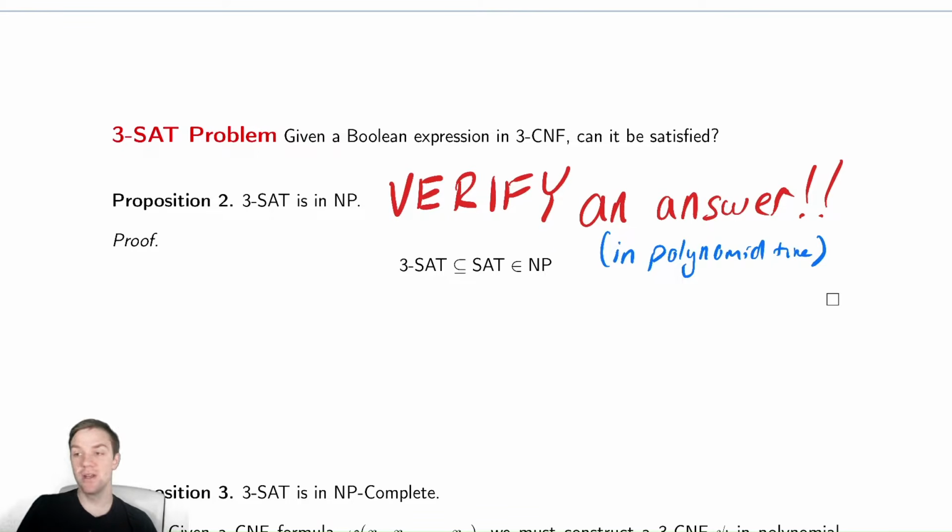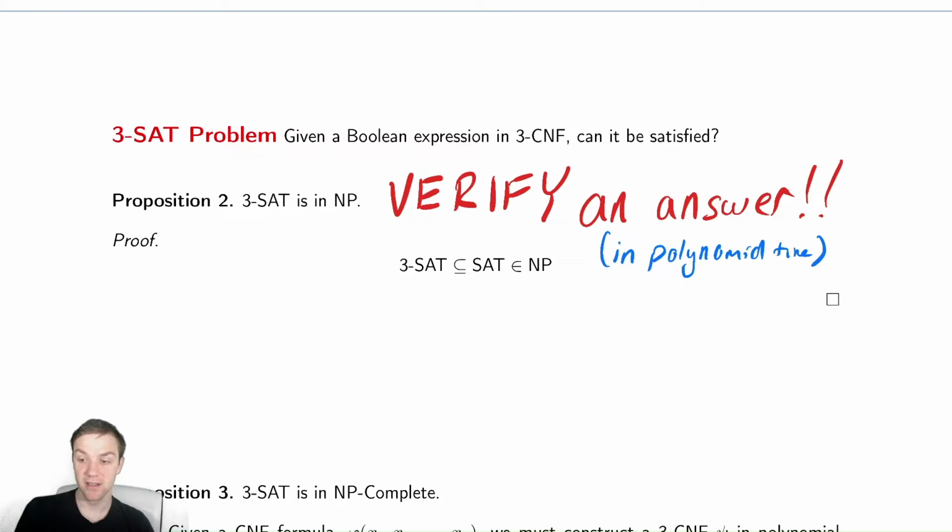All right. So this is the easy part typically. It's just check the answer. Almost always you just need to do a brief description. We'll see several of these later for how you can prove something is in NP. Just explain to me how you check your solution. I wanted to give a very mathematical example here to show you that you don't always need to even say how you verify it. Next comes the tricky part, which is I need to show that this thing, 3SAT, is